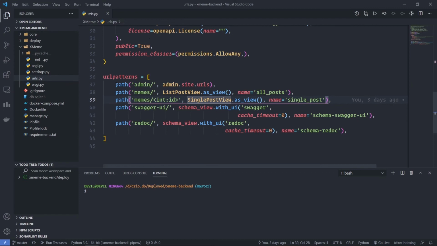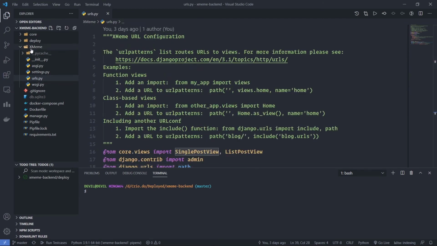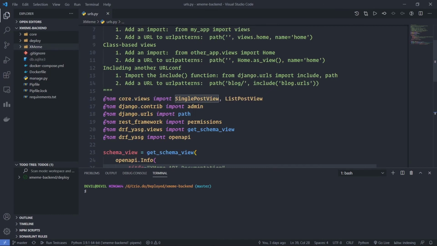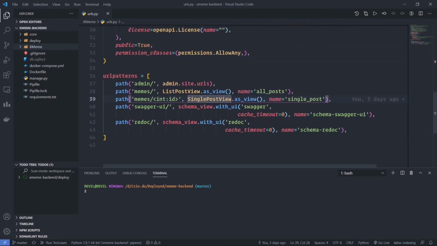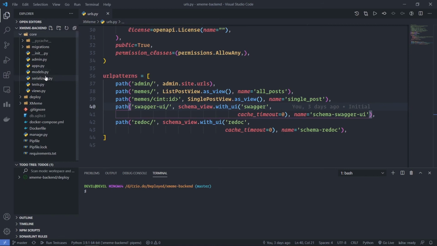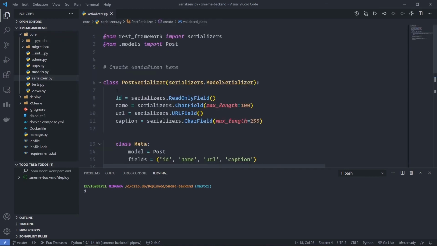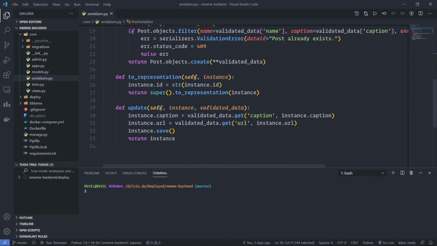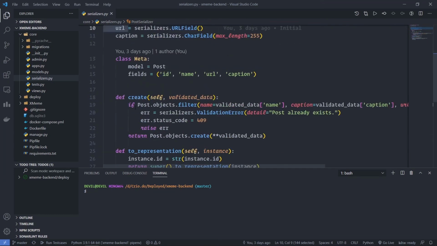So first let's see the backend code. In the backend, as I have already told, I have used Django and Django REST framework. Here are all the URLs: the admin panel, which we will not be using, the memes URL, and this is the Swagger implementation, and this is the Redoc, which is also a part of Swagger. We have used this URL right now only, and we can see all the serializers. So we have this serializer for the posts, and this is for the post, okay,